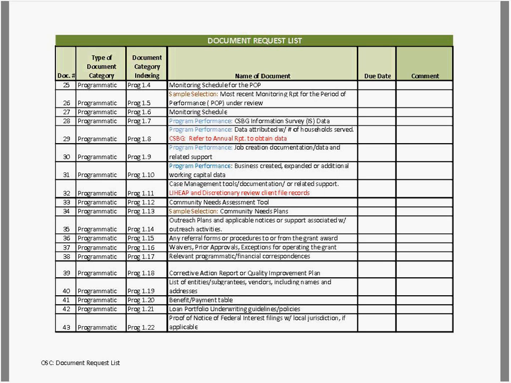So as I mentioned a little earlier, in most cases we send out the document request list along with the engagement letter, but there is a conversation after you receive the engagement letter to go over a lot of the documents, because something may be expressed differently from your office than in our office.